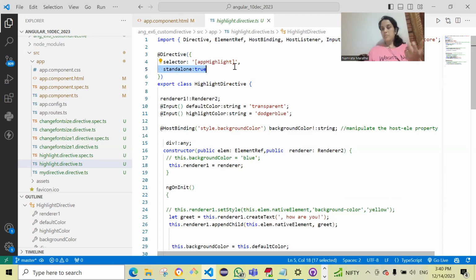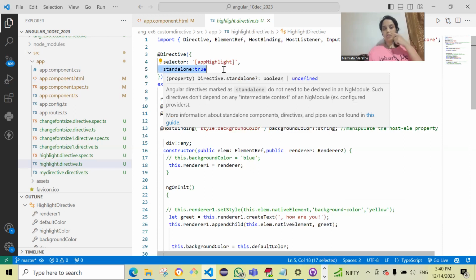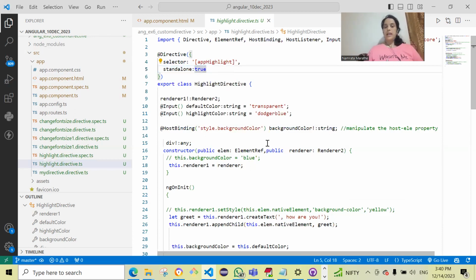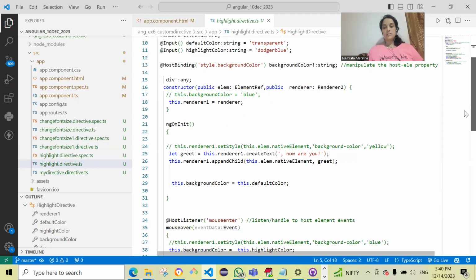Just as in a component you say standalone true if it is a standalone component, since Angular 17 you can create a standalone component, so you can create a standalone directive in a similar fashion. Okay, and then you will see what I am doing is I am using